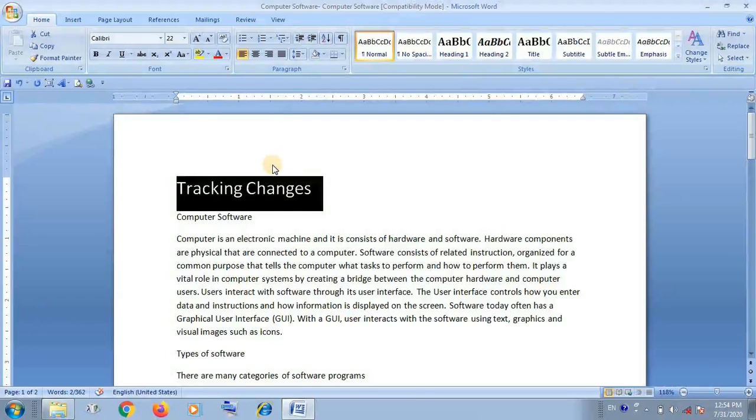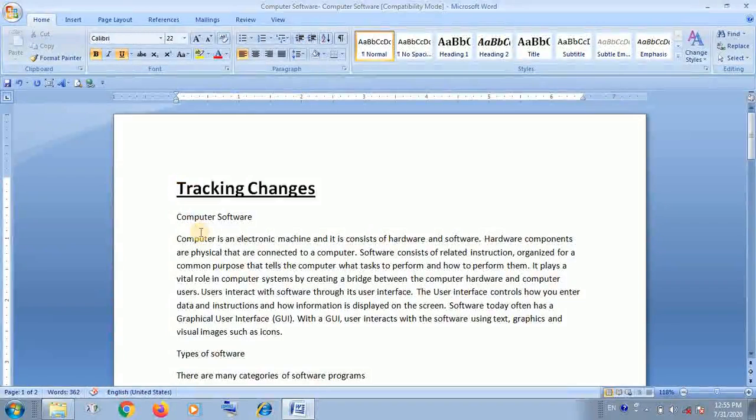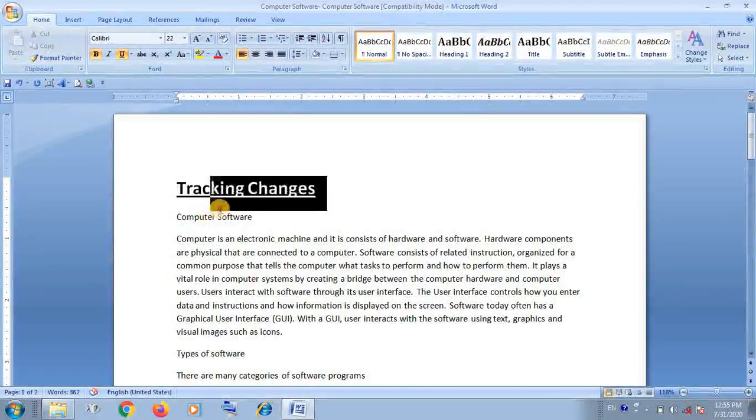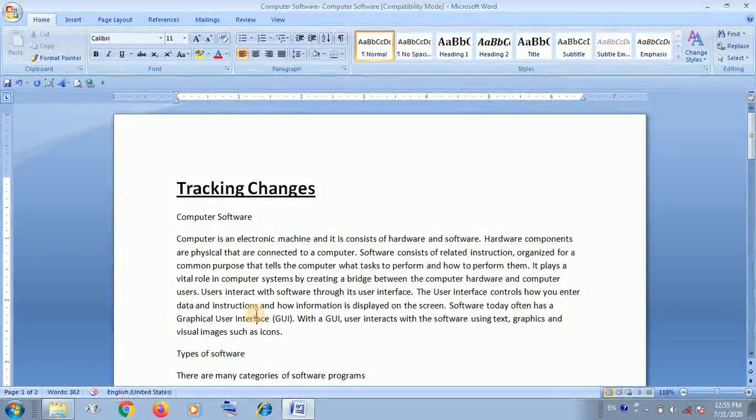If you want to protect your content on the file, or if you want to know, after you, if any other user uses your file, how you can know what changes were made by that user.